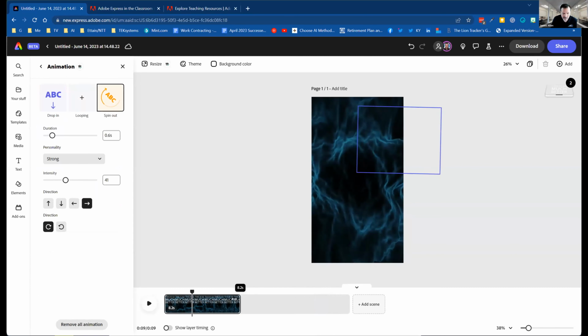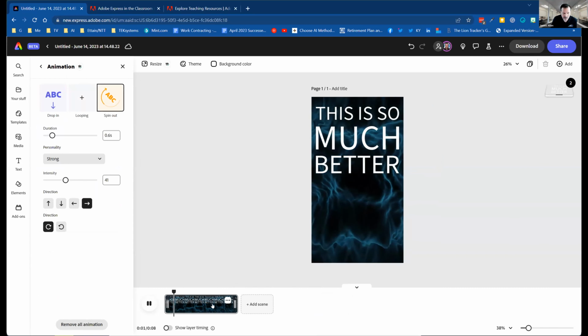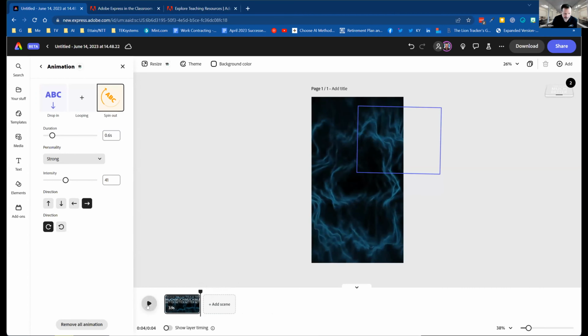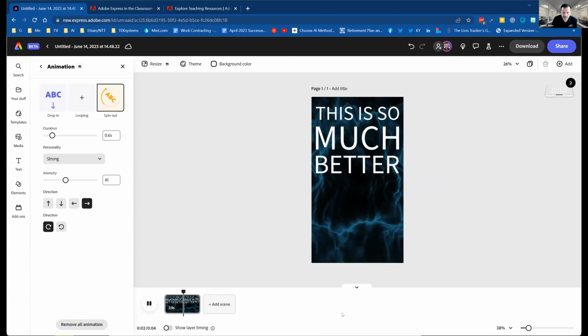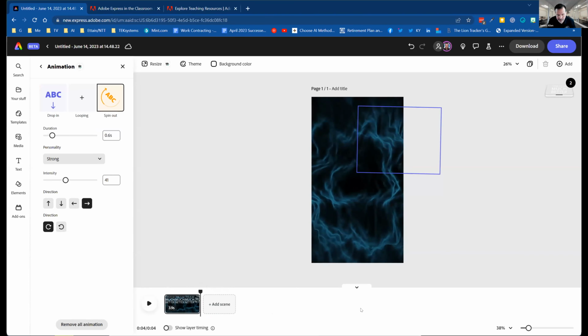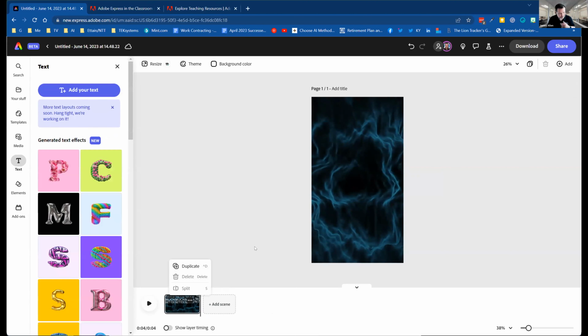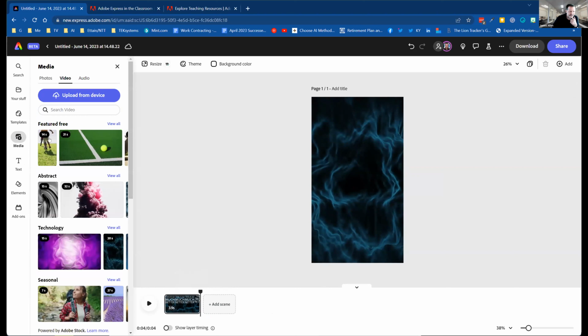And it's kind of long, so I'm gonna, still kind of long. There you see the animation out, and you can add a scene. You can duplicate this scene. Right here, you can